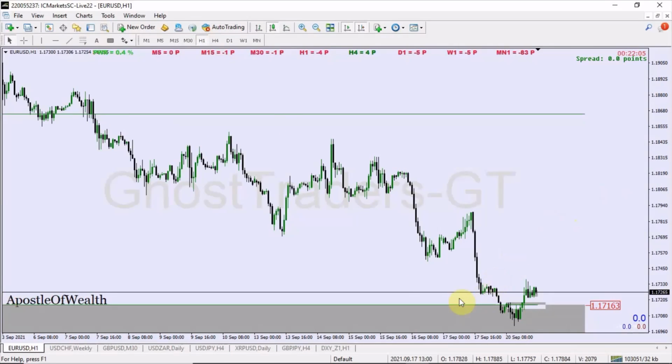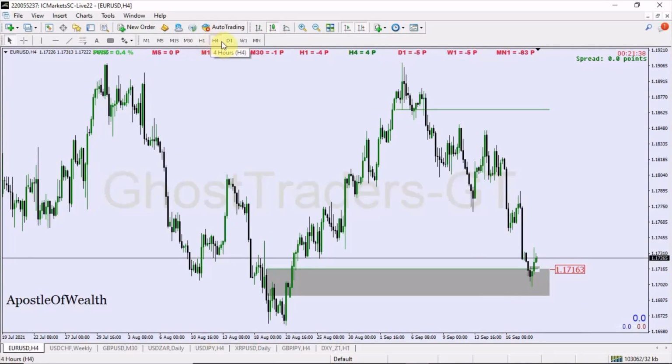So when it comes to targeting, just make sure that you look at the previously violated structure that you have here. We have a previously violated low here, so that can be your first reasonable take profit. Even if you want to hold for more, just make sure that when price gets to this level, you are already done with your target, and then you can leave the rest of the trade running. So this is it, you can see it here, it's clearly here. So you can just target this